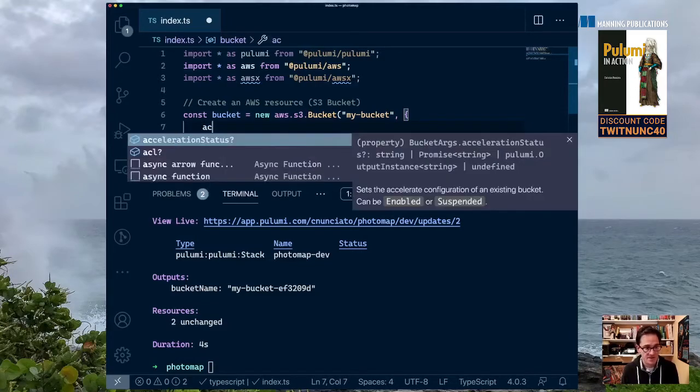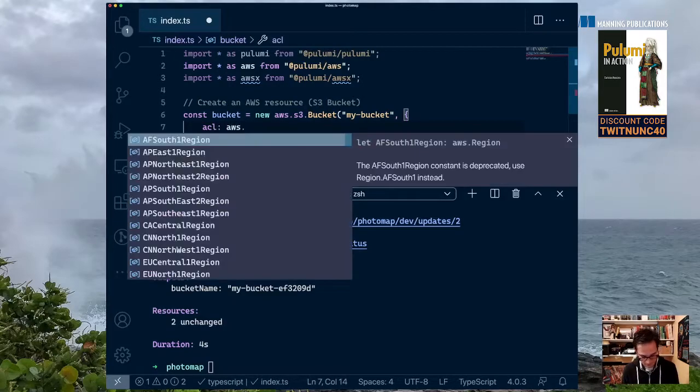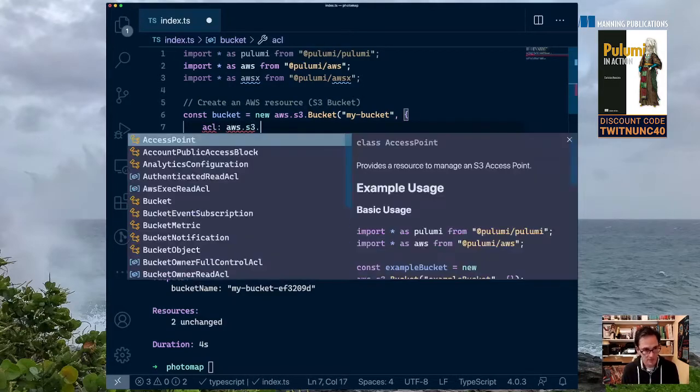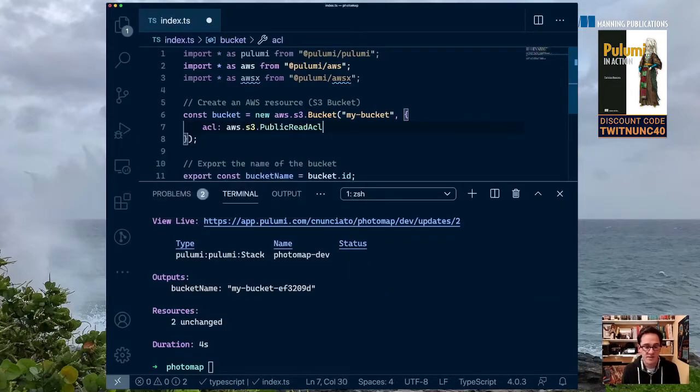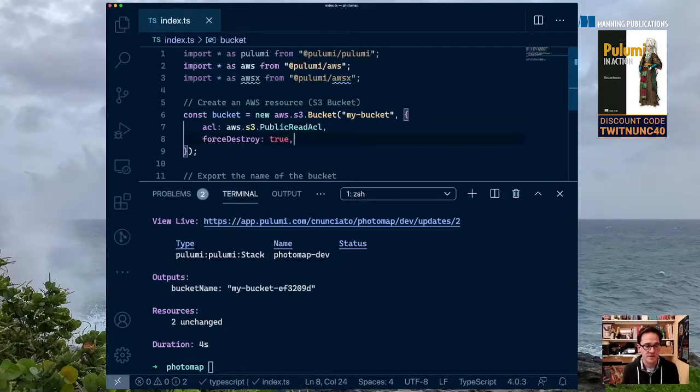So I'm going to set an access control property of public read, which basically just tells AWS, hey, let the public internet read what the images are that are uploaded to this bucket. And I'm also going to add force destroy,